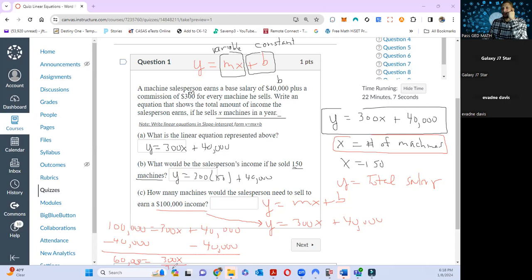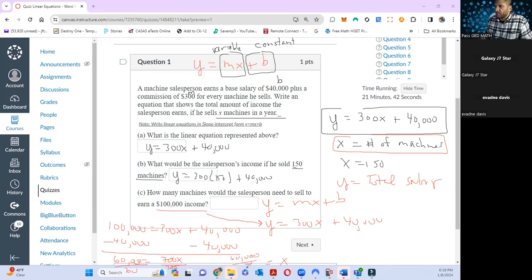Dividing by 300. We divide both sides by 300, and the 300s would cancel each other out. Remember the goal: we're trying to get x by itself, so you can't divide by x. So the two 300s cancel. We get x equals 60,000